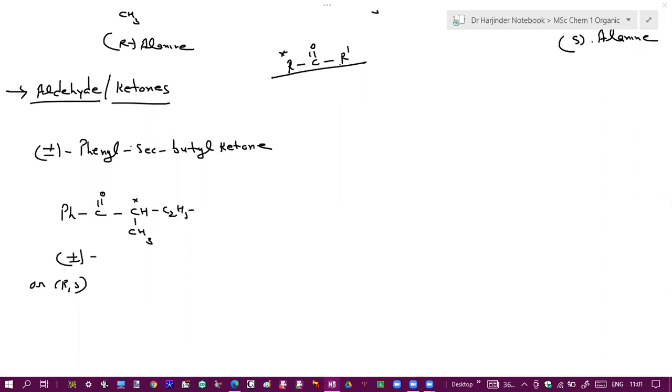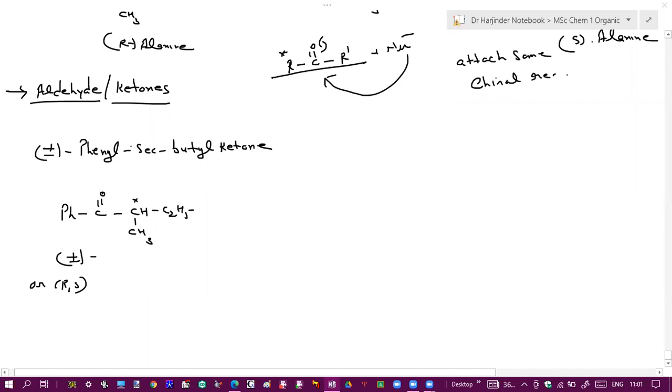Okay, we can make it a chiral carbon by some nucleophilic attack, but we also have to remove it later. If you make it chiral, okay, it will become diastereomeric. But how then will we remove this nucleophile? Our basic aim is to separate this mixture. So what we do is we attach some chiral reagent, which is of course our chiral resolving agent, to this carbonyl group to make it a diastereoisomer, and then we will remove it at a later stage.